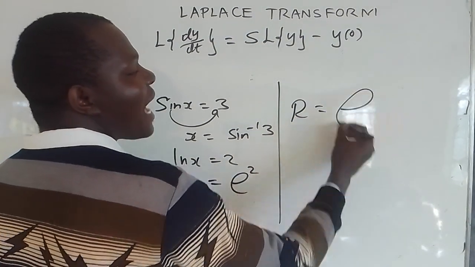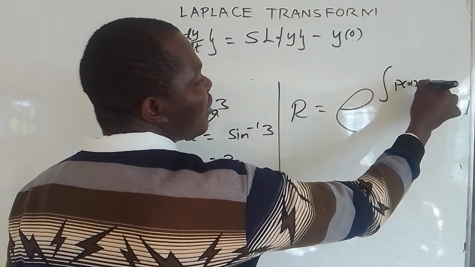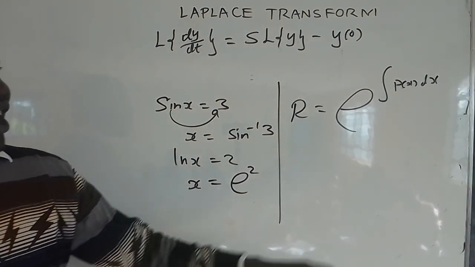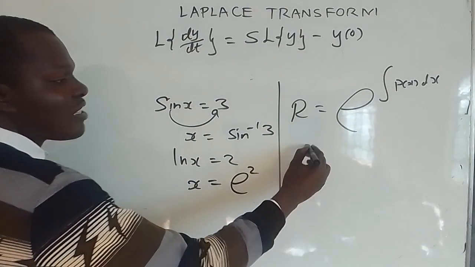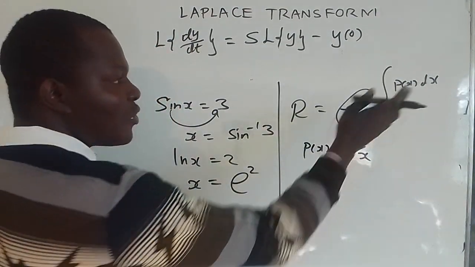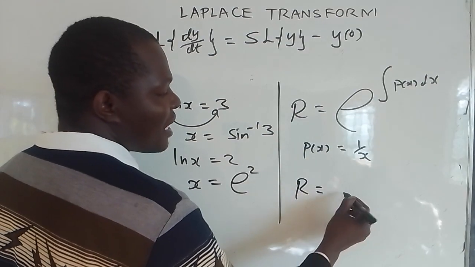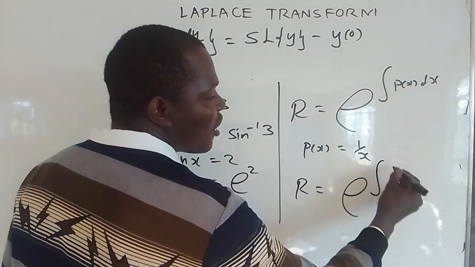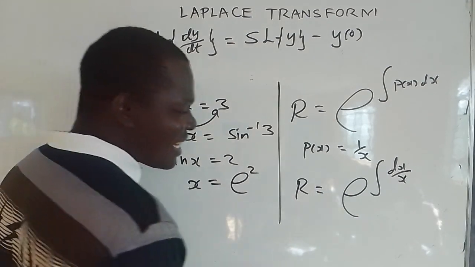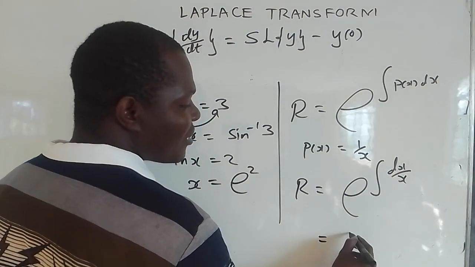And maybe you get r is the exponential of the integral of p dx, like that, isn't it? Then if you integrate p dx, maybe you found your p of x to be 1 over x. So when you substitute it there, you end up getting r to be exponential integral of dx over x. Are you seeing that? So the moment you integrate this, you end up getting what? You end up getting